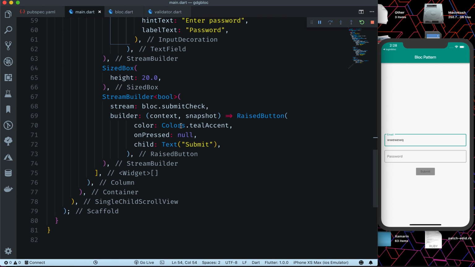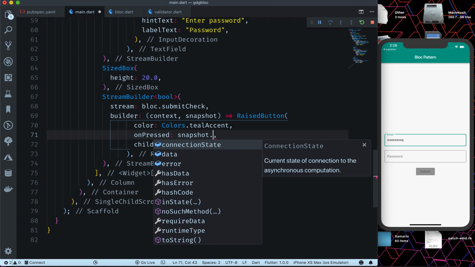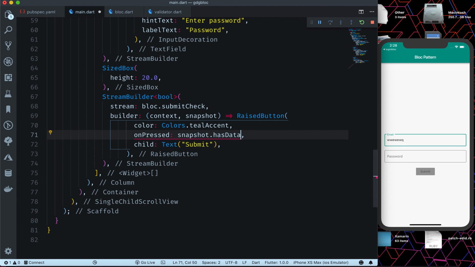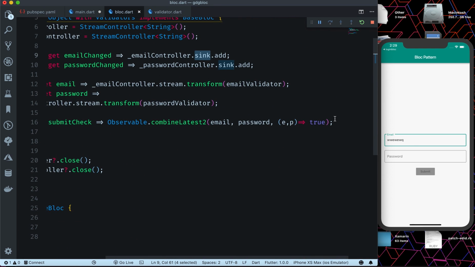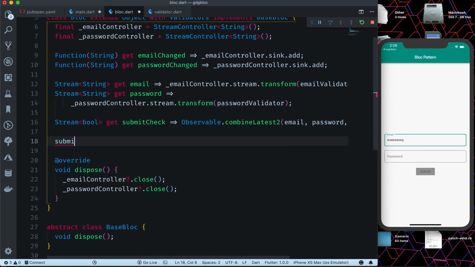And now here, we can see that on pressed is null. Now what we will do, we will check for the snapshot dot, if it has data, then it means that we can do something, so we can say like block dot submit, otherwise it will be null. So now we need to make this submit method, so we will go here and make another method, let's say submit,